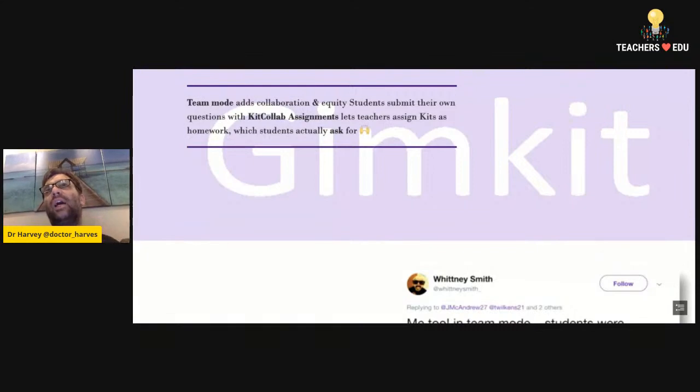Because what I was doing last year was running quizzes, for example Kahoots, where the top 3 students were getting rewards and everybody else wasn't. That was great for the top 3 students, but very demotivating for the other students. So modifying that for this year, thinking about it over the summer break, the idea around collaboration and team mode means the students are working together to actually learn the material.